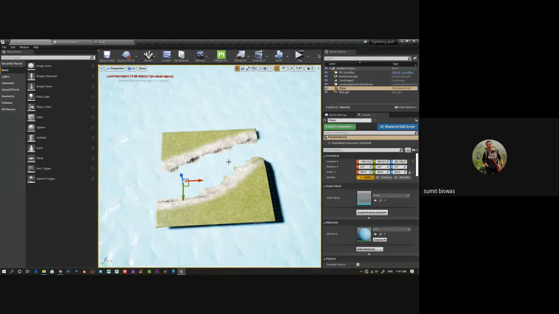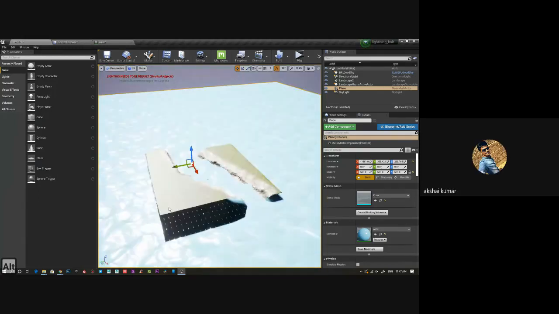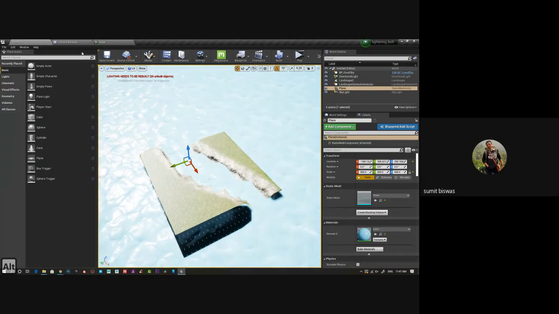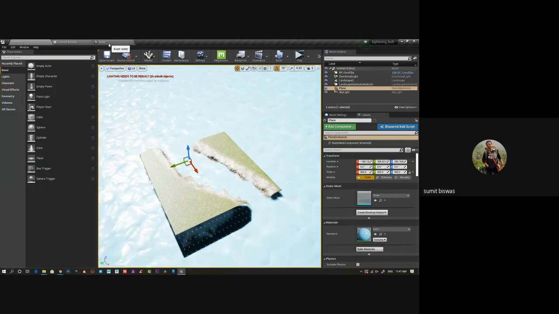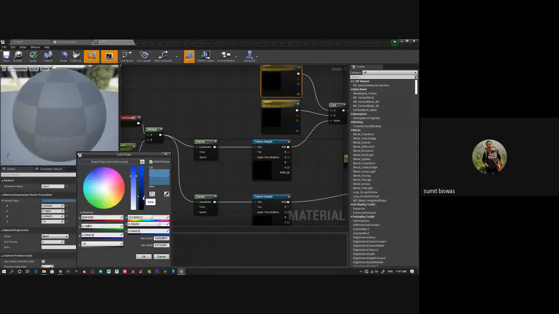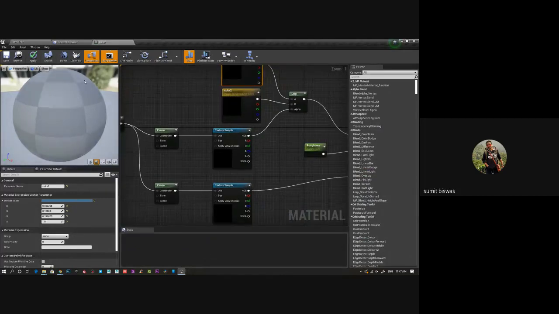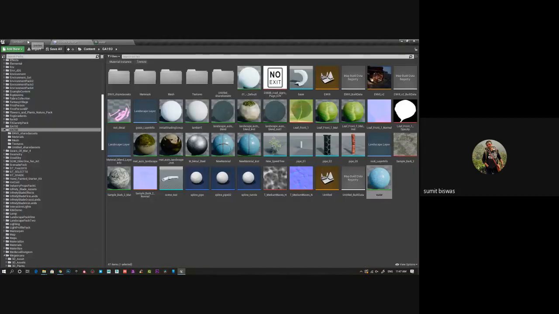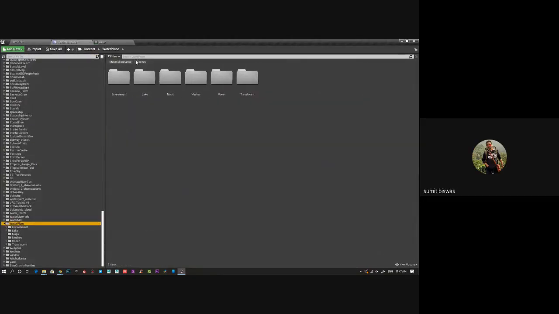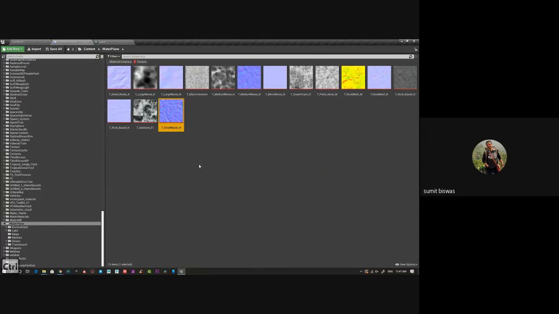You can see these two have different parameters, so I instantly got this normal. But usually for water, we apply 2-3 different normals. So let me darken the color slightly, and if we go back to the water, that's the water material. There I saw a couple of maps. You can see one more map this, one more map this. So I can simply import these two maps. This is rock basically, or I can use microwave.